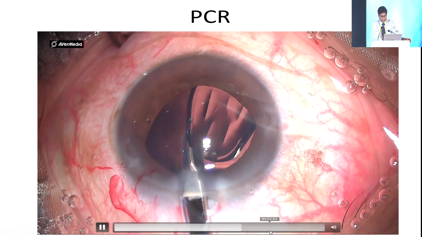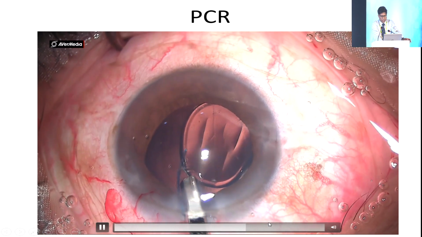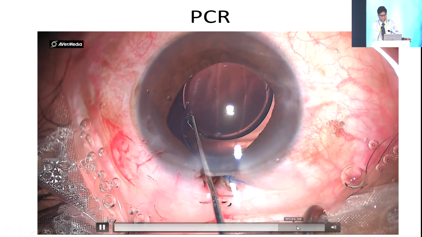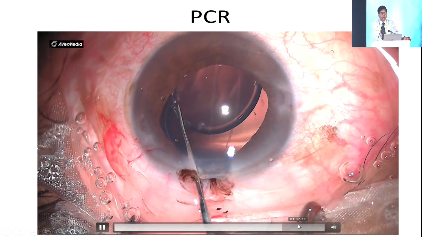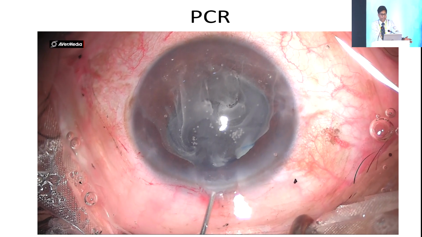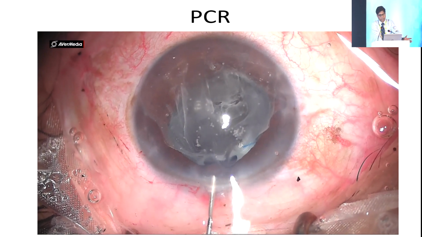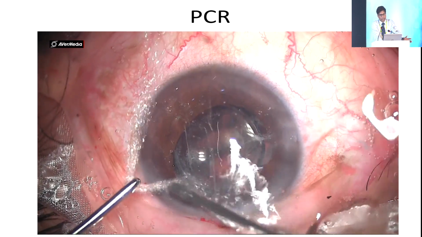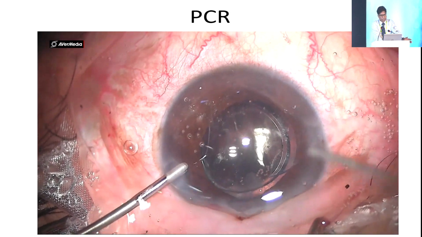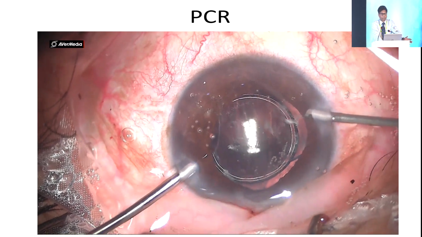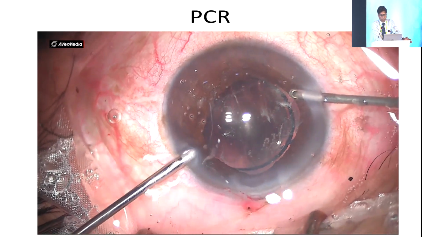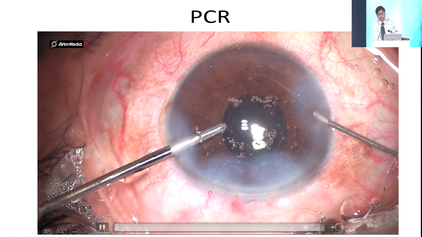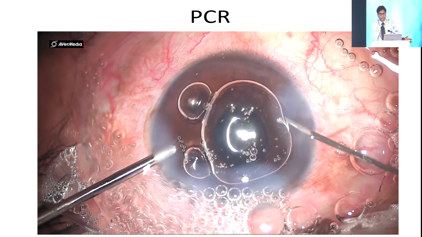For shortage of time, I'll just move forward. Dial the lens. So always put a visco between the iris and the anterior capsular rim, and after putting diluted triamcinolone, you can make out where the vitreous strands are. Do vitrectomy adequately to remove all the vitreous from the anterior chamber, and then use pilocarpine to see if there is any further peaking of the pupil.